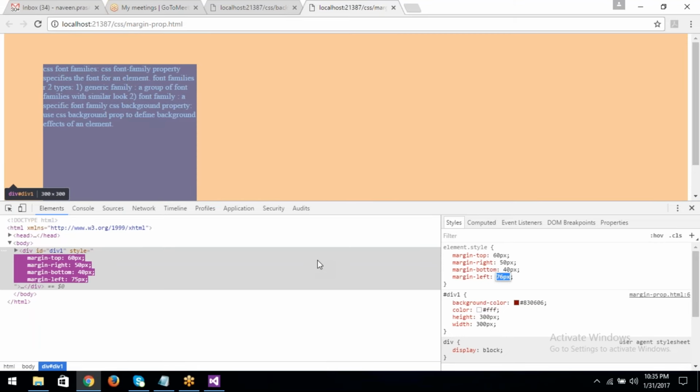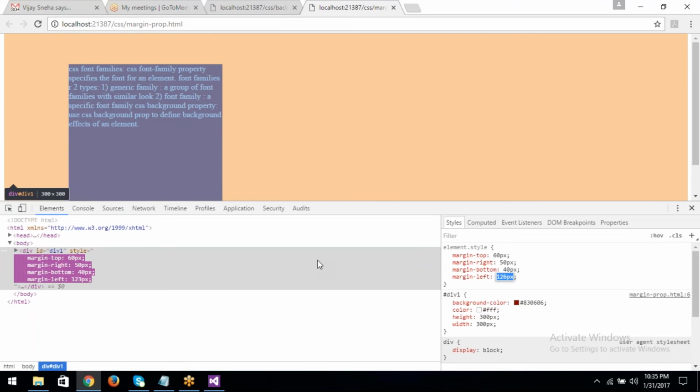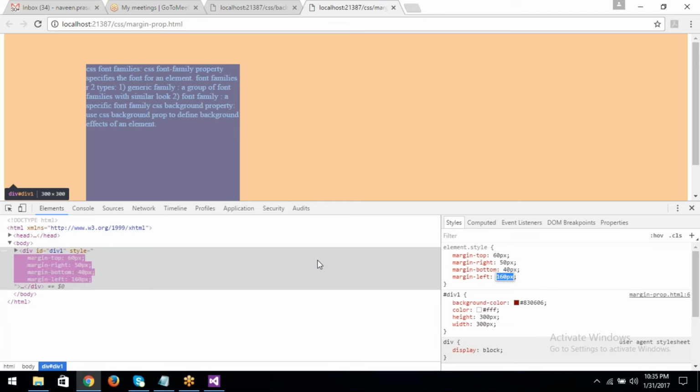See like this, okay. So like this we can set the space around the element,